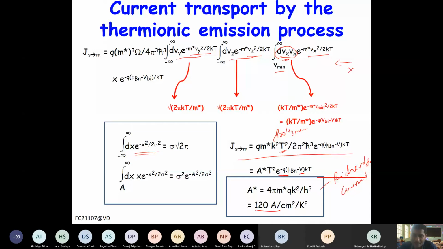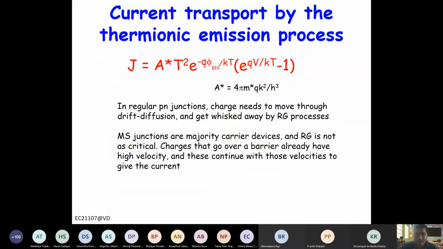So this is basically the average velocity in minus x direction or plus x direction, right? Root kT by 2 pi m is the average velocity. So if you extract out this thing from this coefficient, we can get a very nice expression. This is the overall expression with the Richardson constant. Now if you extract out this thing, you can write this coefficient as J naught, right? And then here we have subtracted 1, the saturation current. So this becomes a total current.